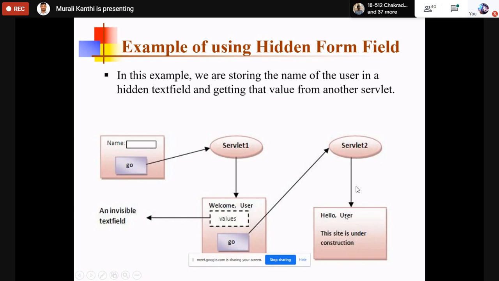So in a normal form, while the servlet is processing, one hidden field is added to this form. If this form is submitted to another servlet, that servlet is going to retrieve this hidden form field information. That means the information is transferring between servlet 1 and servlet 2.